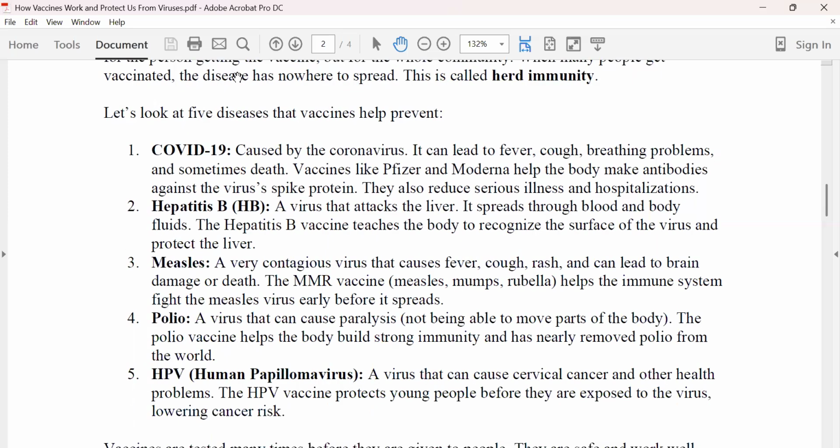COVID-19 is coming back. I'm not sure whether I'm going to get another booster vaccine or something. I'm not sure yet, but I will study more about it. COVID-19 is caused by a coronavirus that we already know, but there is a new kind of virus right now, related to those similar viruses. It can lead to fever, cough, breathing problems, and sometimes death. We all know that COVID-19